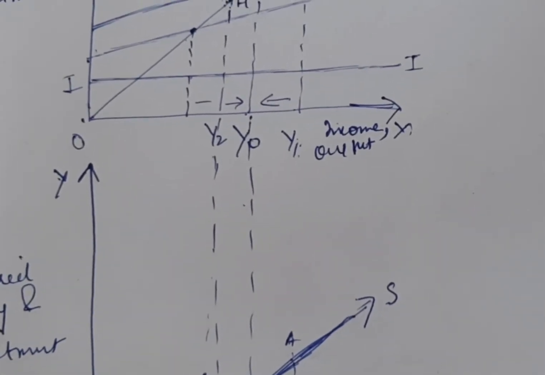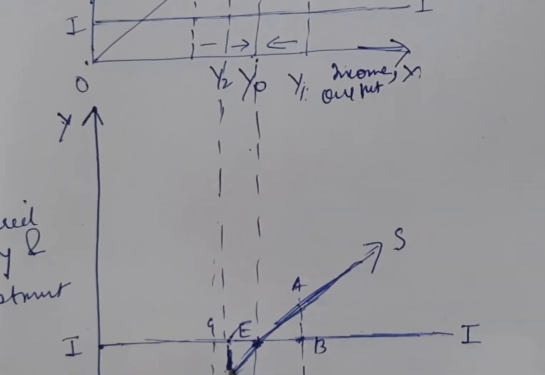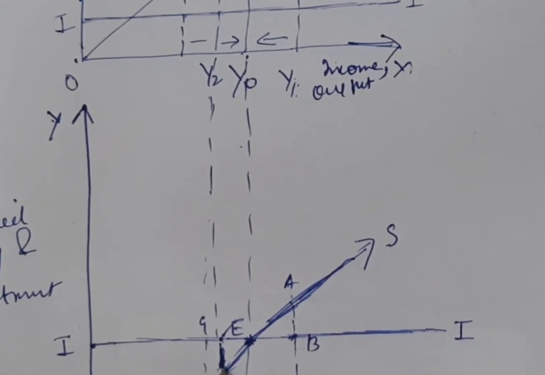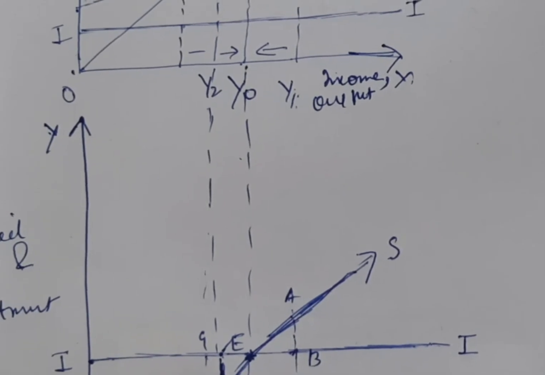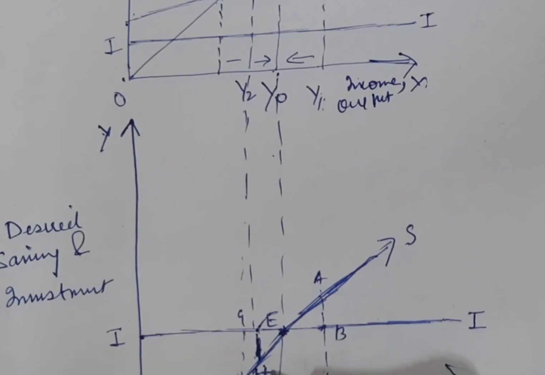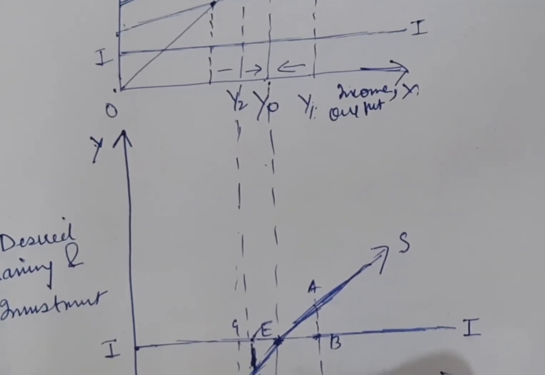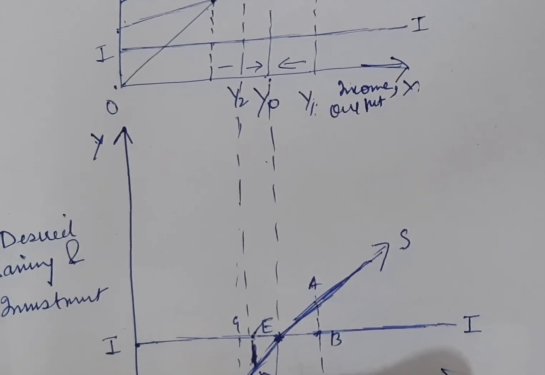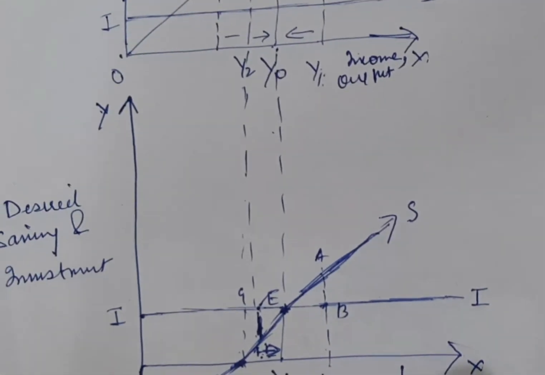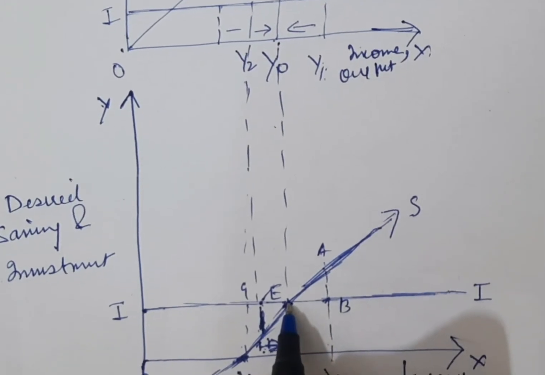So a part of the current demand will be met by reducing the inventories that are with the producers, and then, after reducing the inventory stock, the producers will increase the production. The arrow is like this. They will start to expand, increase the production, and hire more workers to build up their inventories. So the level of income, output and employment will rise and come back to the OY0 level of income. The economy will be in equilibrium where S is